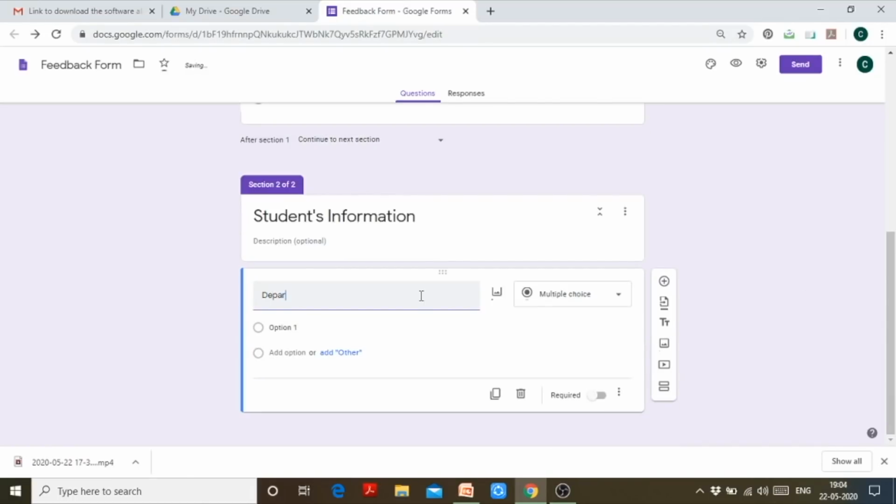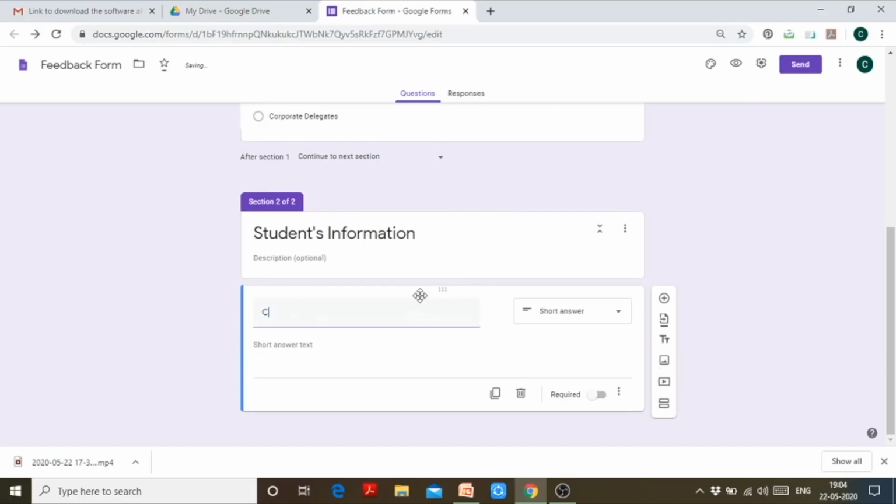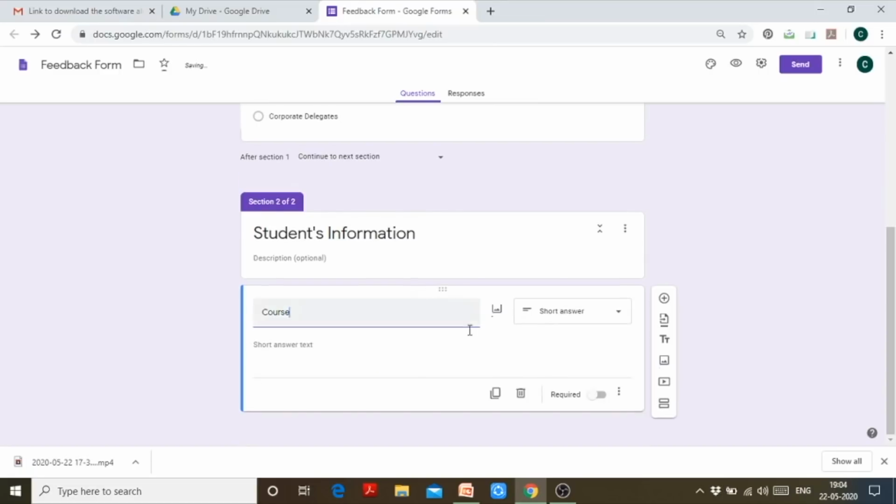Say department, or rather I can mention here course, right? And I can let this option be open, because the participants who would have come to my webinar or to our college seminar may belong to different colleges and institutions, and they may have different sorts of courses. So let them write this answer on their own. No drop down list is created this time.